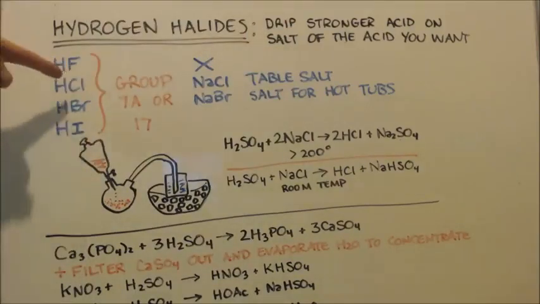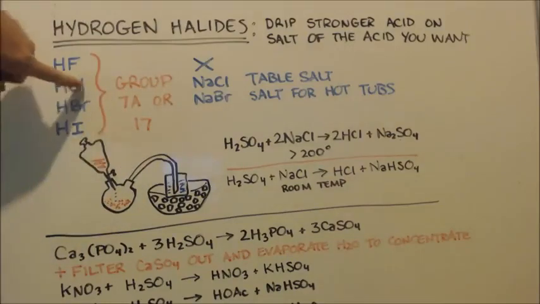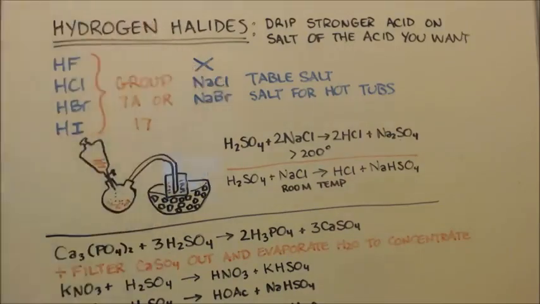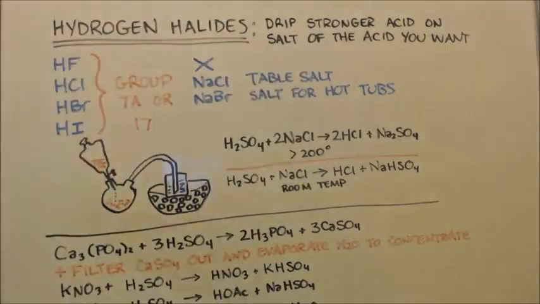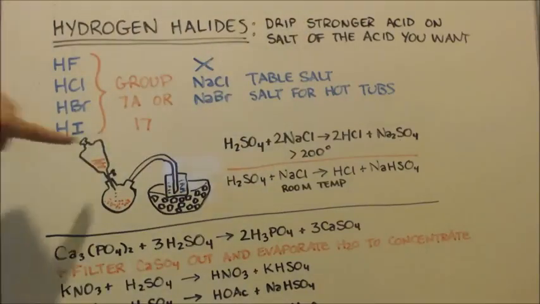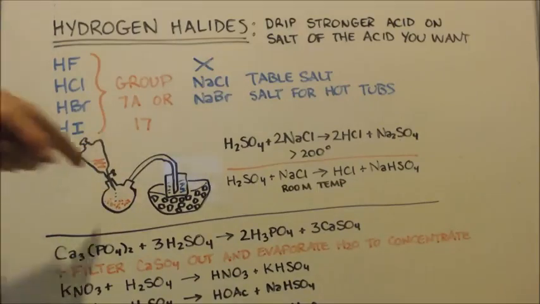A stronger acid than these two, hydrochloric and hydrobromic, is sulfuric. That's the go-to acid, sulfuric acid. You can drip it onto the salt of this, meaning you need a chloride. I put sodium chloride, it could be potassium chloride, whatever, as long as it's a chloride, and obviously you're going to use table salt because that's cheap and accessible. Drip the acid, here's your acid in your sep funnel. You drip it into here, and it will make the